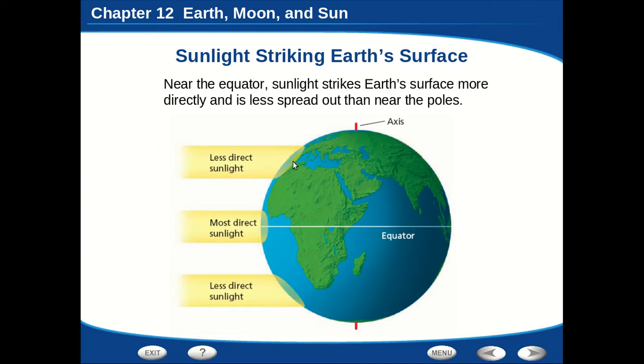So if you take the amount of sunlight and divide it by the area, right, then you can find the intensity of the sunlight. Same here. Take the amount of sunlight, and these are all the same amount of sunlight, and you divide them by the areas that they cover, right? This is the smallest area.